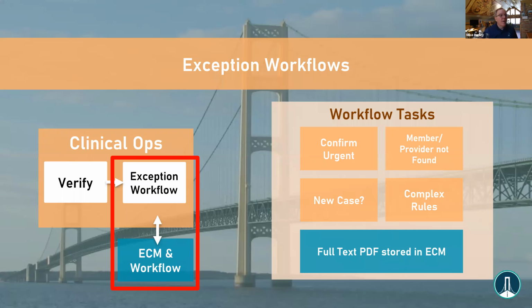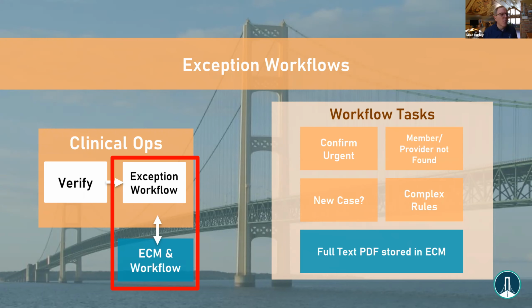The next and last thing in the clinical ops triage part is handling exceptions. In verification, we're really trying to get that data quality high, and it's high speed, right? We don't want to spend a lot of time focused on handling business rules there. We want to get into a tool that says, hey, we had this issue. I'm not sure about the member ID, or I'm not sure about this checkbox. Can you have somebody look at it and confirm it based on the context of the rest of the document? I call that an exception workflow, and it'll push data to different queues.